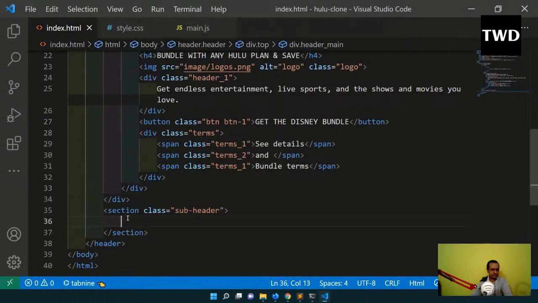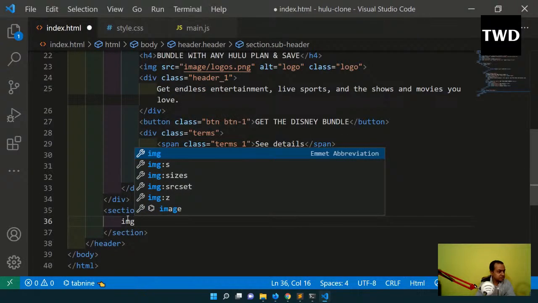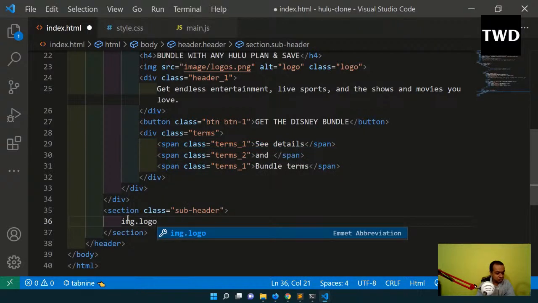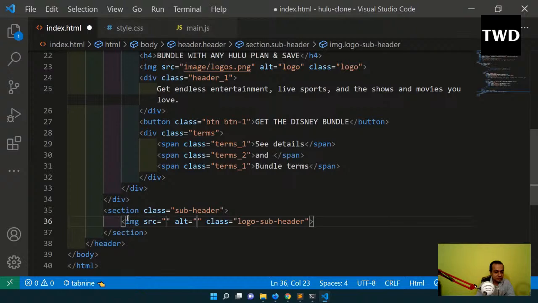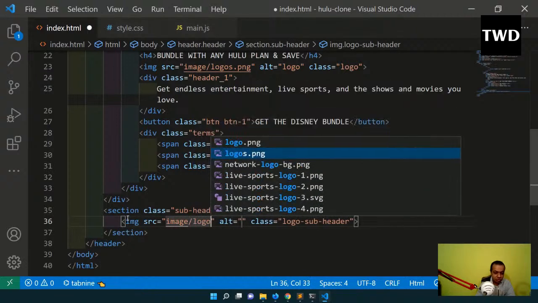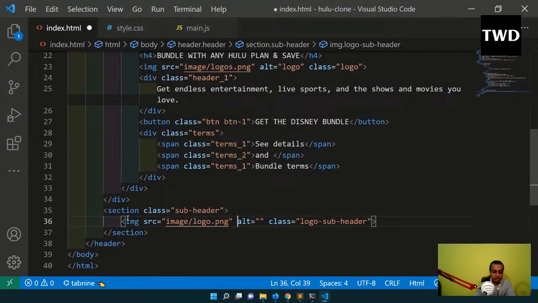Then after that img dot logo sub header is there. Src will be image, logo dot, not logos, this is logo dot png, alt is logo. Okay, and then after that